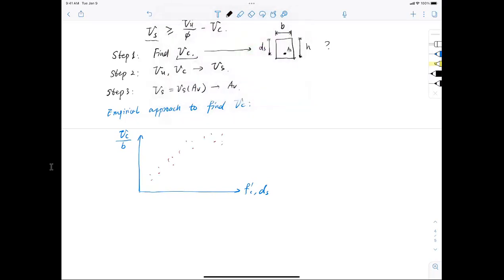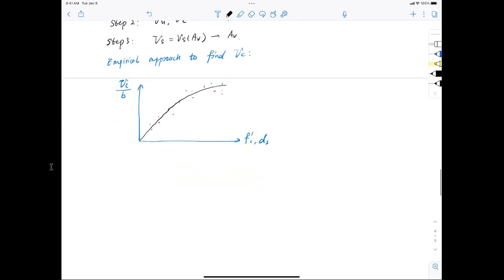Once you have the data, you do a regression analysis, you fit a line through the data. And through this fitting, you find out there's a relationship between Vc and f'c and the geometry b and d. So this equation through data fitting is Vc equal to 2 lambda,